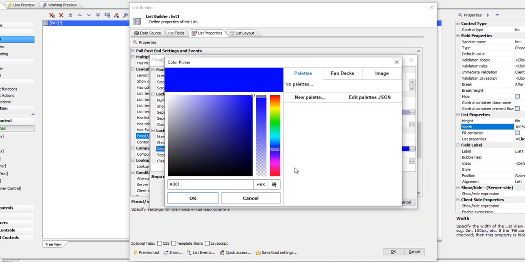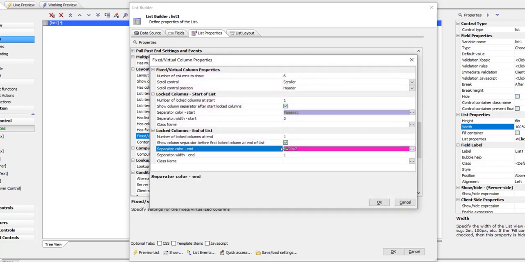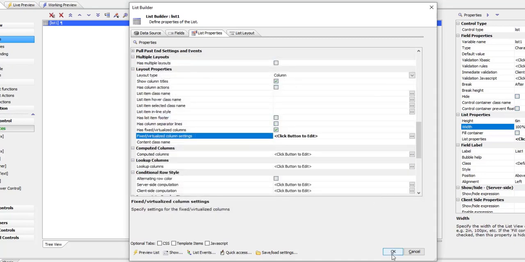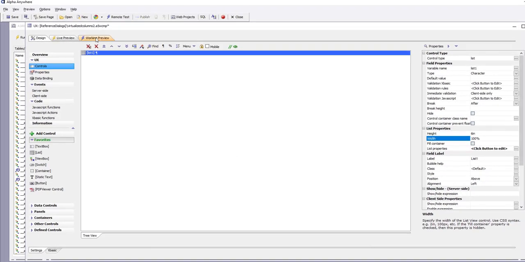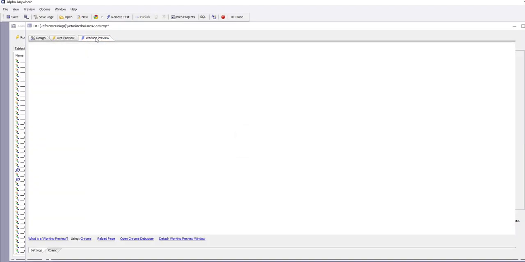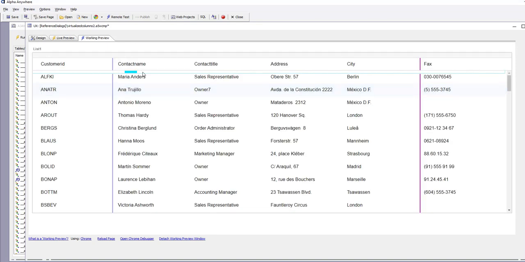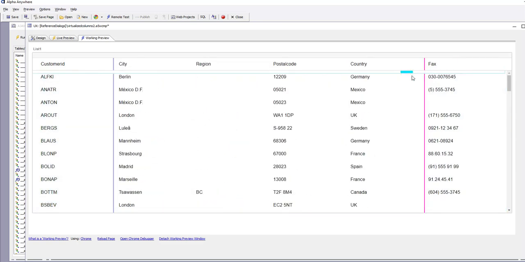So let's go and change that color to be, say, a pink color, and we'll make the width of that separator 2 pixels, and this one we'll set to 3 pixels. So let's go ahead now and then click OK, and run it now. So you'll see that we have basically a fixed column at the start, a fixed column at the end, and as we scroll the columns, you can see that the columns that are displayed in the